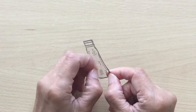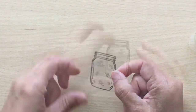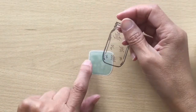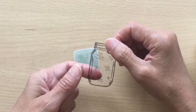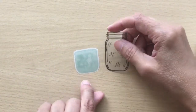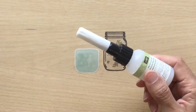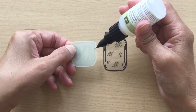I'm going to work with the jar now. I'm just taking the backing off of my acetate there. I want to put the water in my jar like so, but because we're using vellum and acetate, you can quite often see through, so we need to be careful with our gluing. So this is the side that I've done my stamping on, so I'm going to turn it over so we've got the good side down the bottom, and I'm going to use fine tip glue. So I'm just going to run around the edge